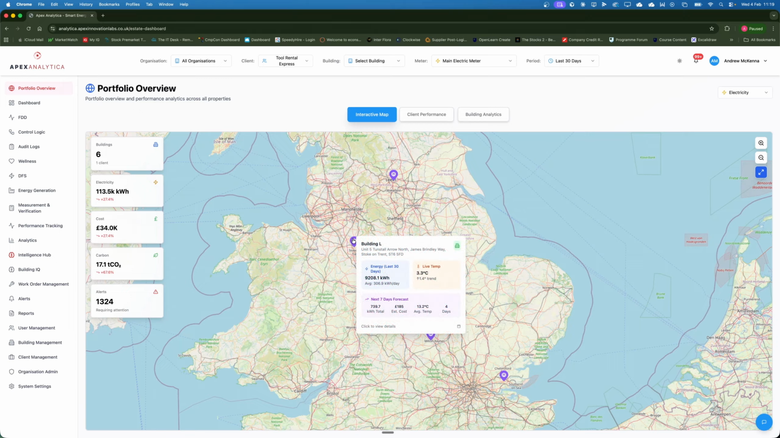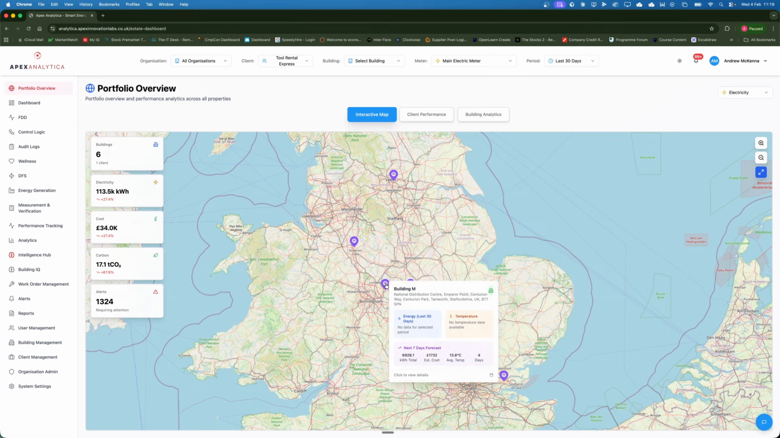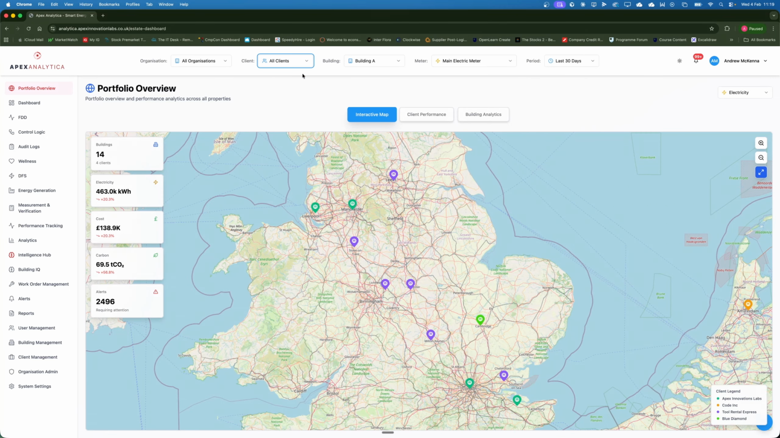We can hover over each site to give some information about that site in terms of the energy that's used in the last 30 days, specifically the live current temperature and the next 7-day forecast. Then we can move, as well as this, we can then have a client